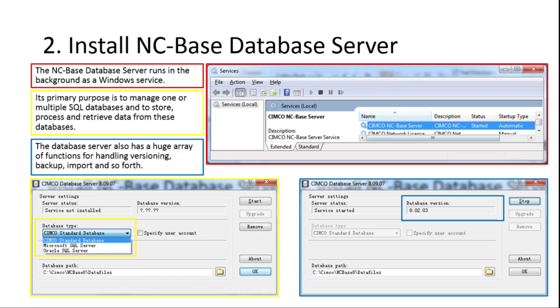2. Install MDC-based database server. For this part, we will show you how to install the database server step by step. The MDC-based database server runs in the background as a Windows service. Its primary purpose is to manage one or multiple SQL databases and to store, process and retrieve data from the